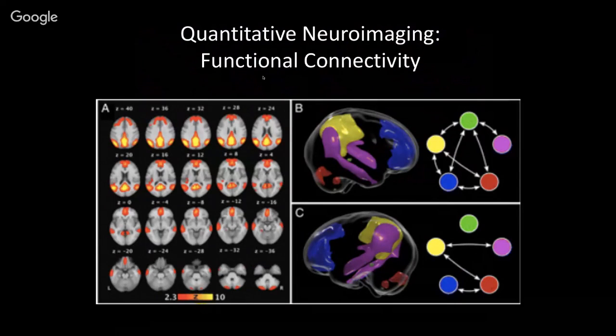It's also been used in order to perform what's known as functional connectivity, which is essentially looking at the changing oxygenation state of blood in 3 dimensions over time, and applying a variety of different metrics in order to be able to look at the separation and timing between one area of the brain and another in order to determine the connectivity of remote areas of the brain, and to then generate these connectivity maps that can provide insight into the connectivity of the brain at baseline, or it can provide insight into the changing connectivity of the brain in disease states.